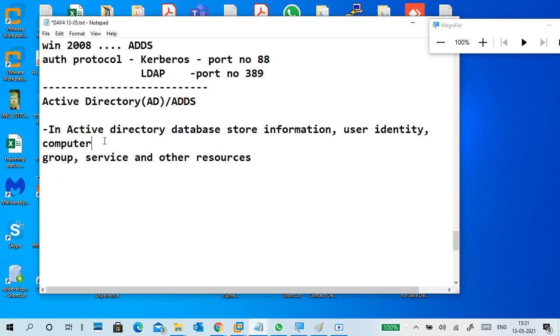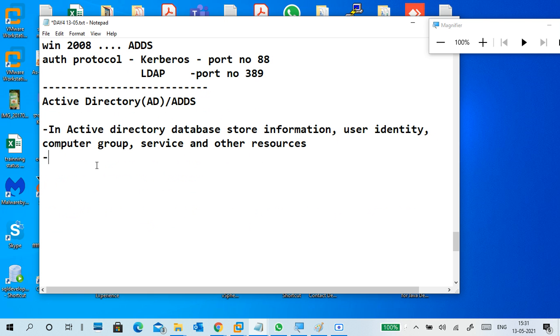You can look at that PPT there. You can find it. And what is Active Directory Domain Services? It stores the information of users or user identity, anything you can tell of users, computers, groups, services, and other resources like that. Instead of identity, it is better to put it like this. Okay, this makes it simpler.